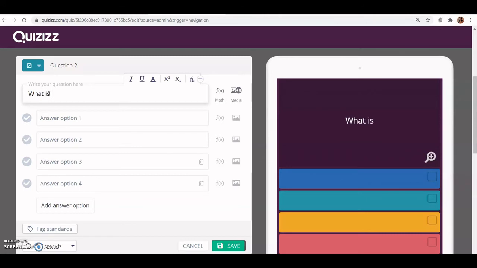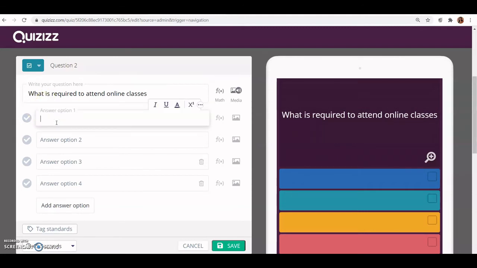What is required to attend online classes? So multi-select questions are those questions where multiple answers are correct.